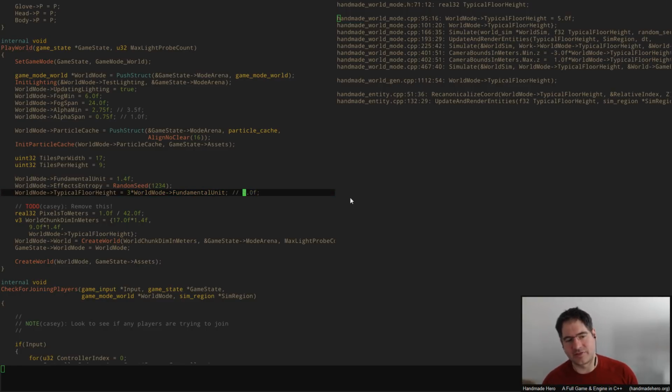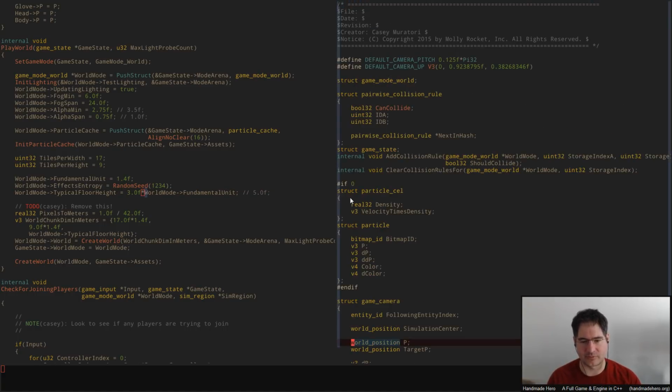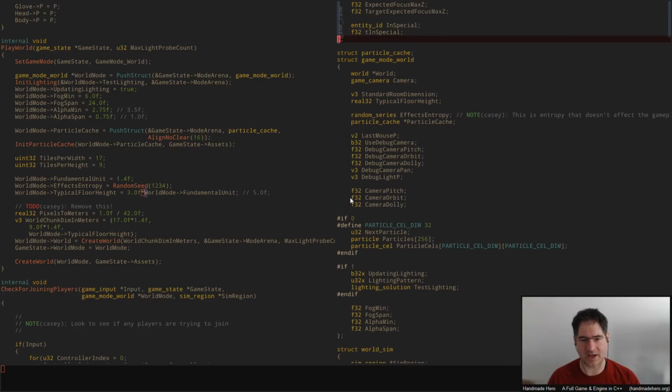And if we did that, then our lighting could be represented cleanly because each of these things divides evenly into the fundamental unit, right? It's 17 fundamental units across, 9 fundamental units down, and 3 fundamental units vertically, like in the Z direction. And maybe that's fine. Maybe that totally works, or maybe that's a horrible idea, and we have no idea. But it would let us align our voxels to the world better, and so let's just see if that's terrible or not. If I come in here to the world mode itself,